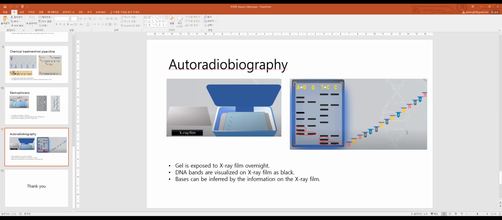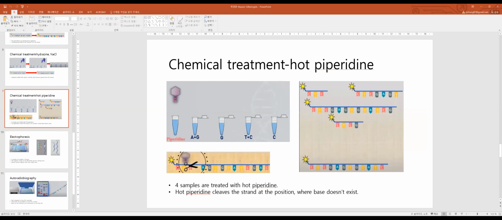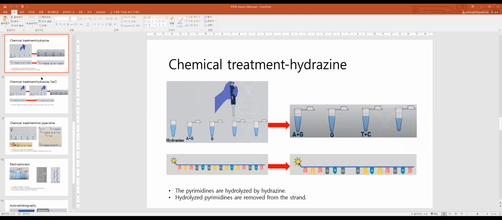Maxam-Gilbert, they are Harvard chemists, and they looked at those DNA structures, very smart chemists. By looking at the chemical structure, they tried many chemical reagents and then found which chemical selectively cleaves different positions. They could not get all selective ones, all A, T, C, G, but with one reagent they can cleave only the G site.